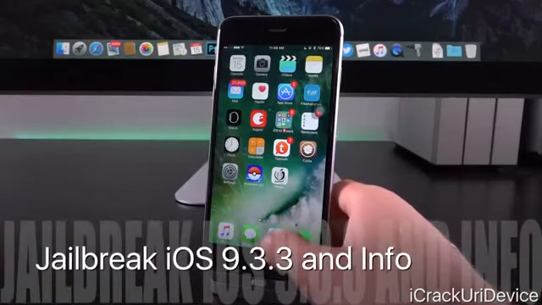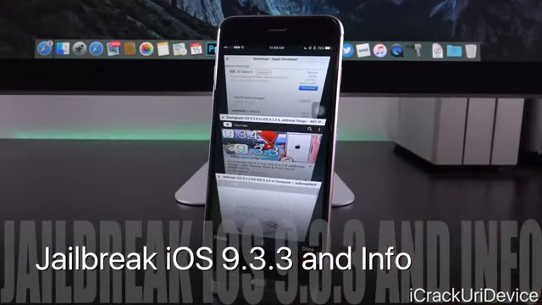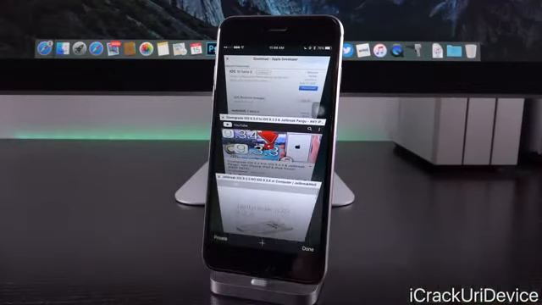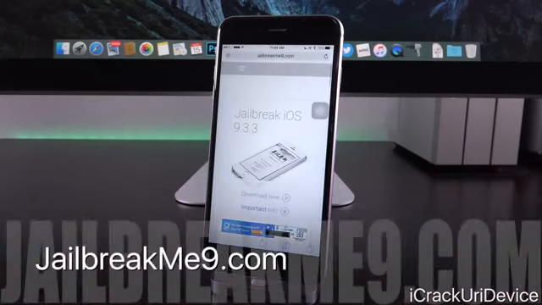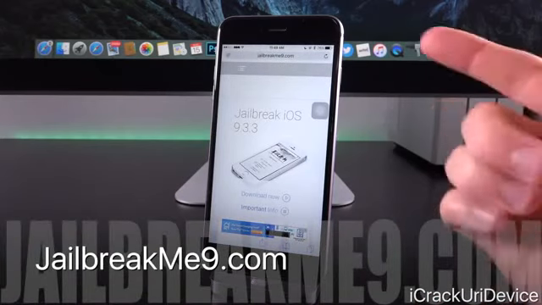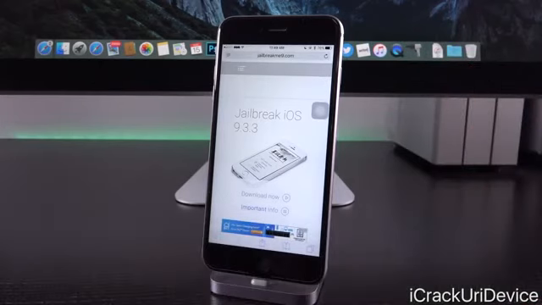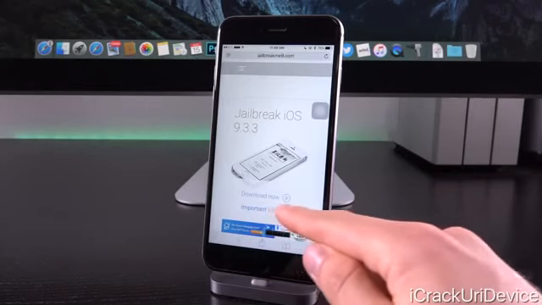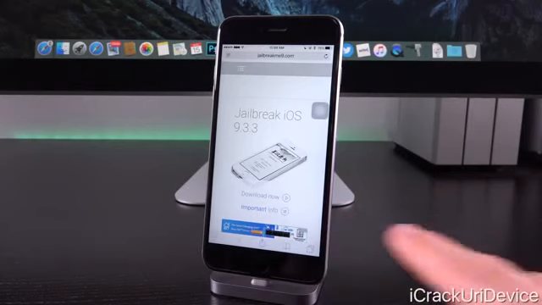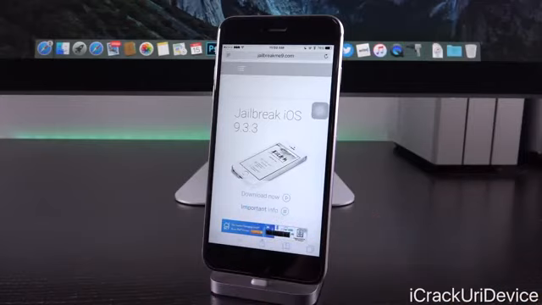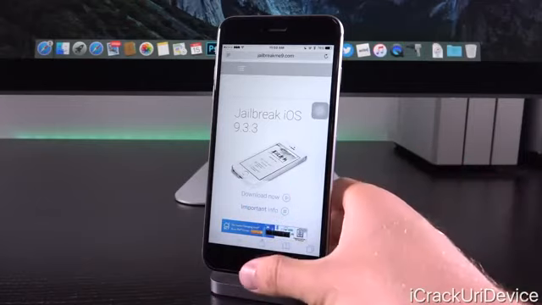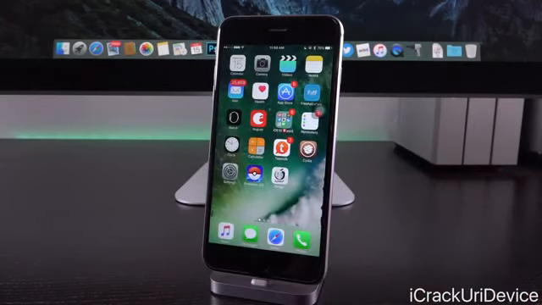All right, and finally, before we conclude here, I also wanted to say that once you guys do downgrade from iOS 10 to iOS 9.3.x, remember you can still go back to iOS 9.3.3 as of recording this video. That won't last for long though, but if you are able to go back to the latest jailbreakable firmware, you can of course jailbreak via jailbreakme9.com inside of Safari. Just navigate to it. You don't even need a computer. Just ensure that you do take everything into account that's listed in the video found in the important info section. So if you are able to go back and jailbreak, just tap on important info, watch through that video entirely, and then proceed with the download and jailbreak process through the Pangu Combination PP app.